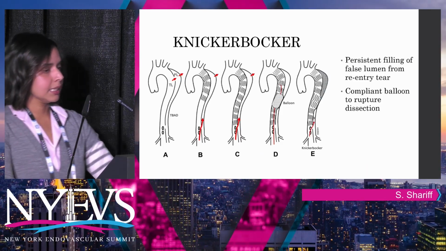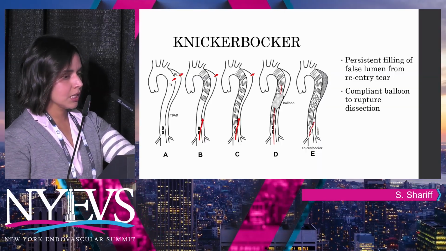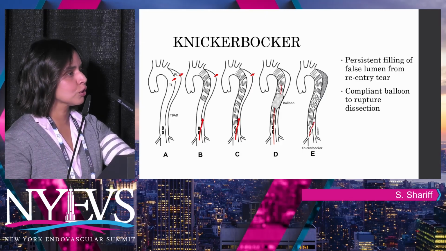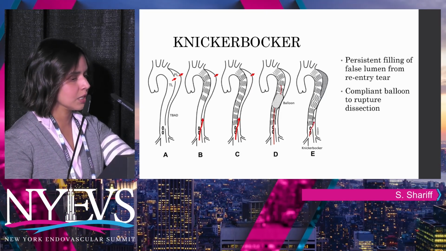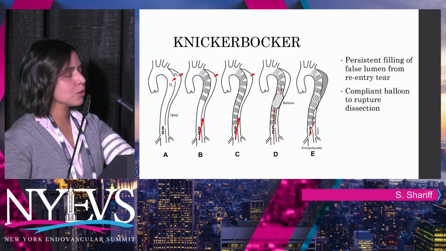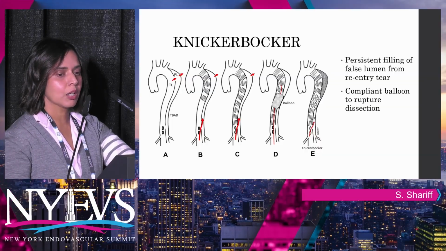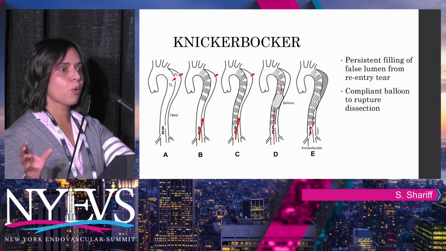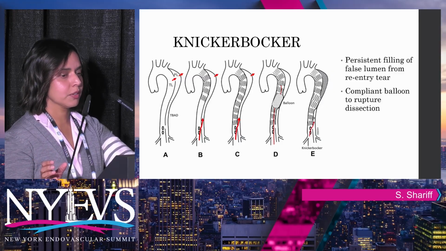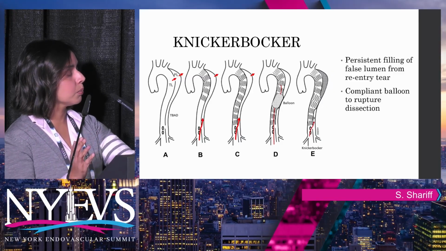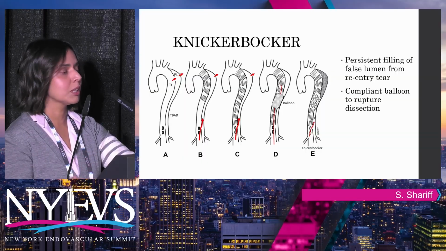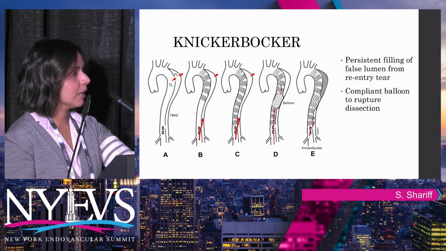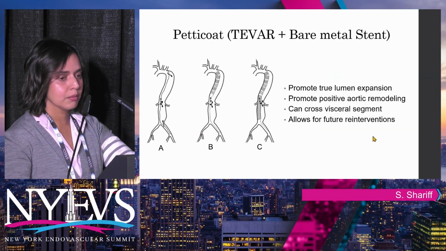The Knickerbocker technique is, again, when you cover the entry tear, but you still have retrograde flow into the false lumen through the distal tear or the reentry tear. And in order to prevent that, one technique is the Knickerbocker, where you use a compliant balloon and angioplasty the mid portion of the endograft. By that, you prevent the retrograde flow into the false lumen, thereby thrombosing the false lumen, and hopefully it remodels